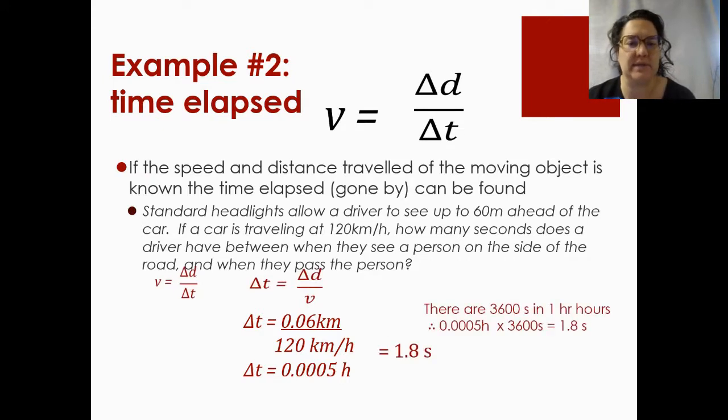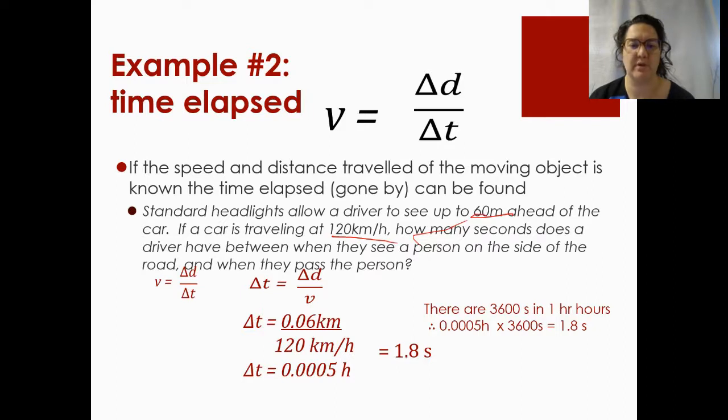If the speed and distance traveled by the moving object is known, the time elapsed can be found. So we have been given the speed and the distance. We're going to try and find the time that has gone by. Standard headlights allow a driver to see 60 meters ahead of the car. A car is traveling at 120 kilometers an hour. How many seconds does a driver have between what they see on the side of the road and when they